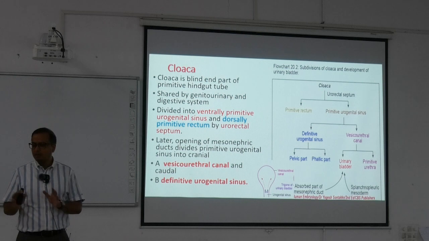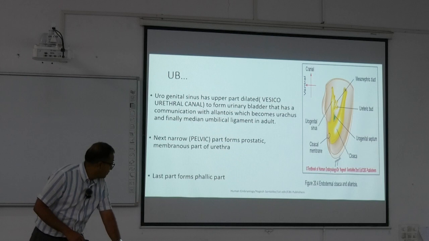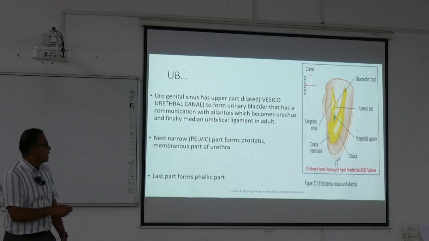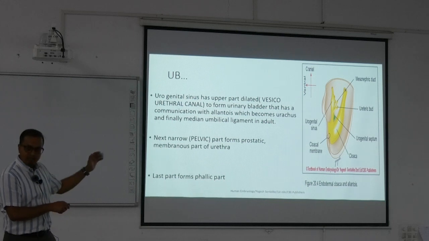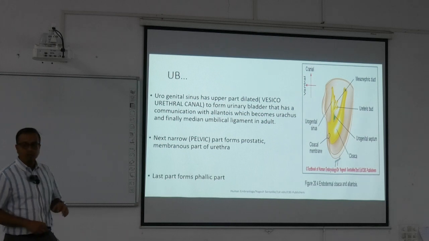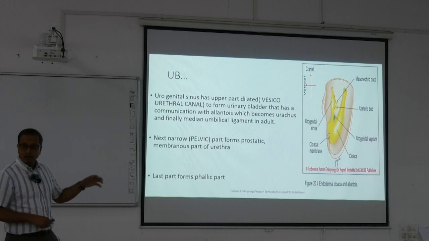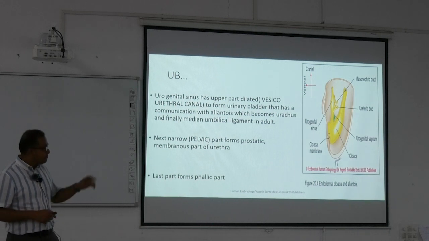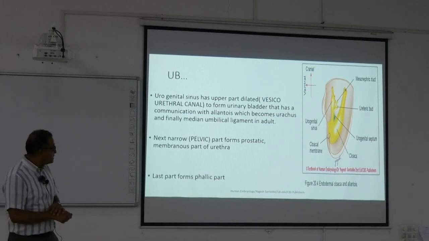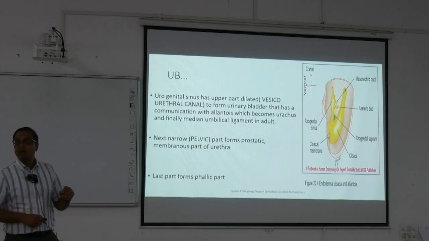We do not have to remember the details of the names, but we have to know that this urogenital sinus has an upper part and a lower part. The upper part has a name and the lower part has a name as well. The upper part of the urogenital sinus, the vesico-urethral canal, grows, enlarges and becomes the urinary bladder. In the upper part, this bladder has a communication over here, which we have mentioned here as allantois,